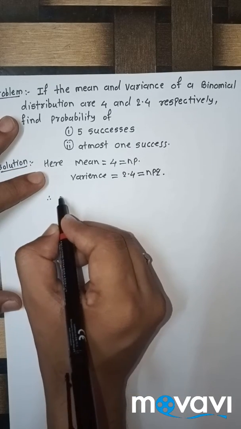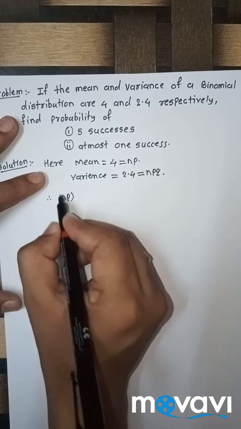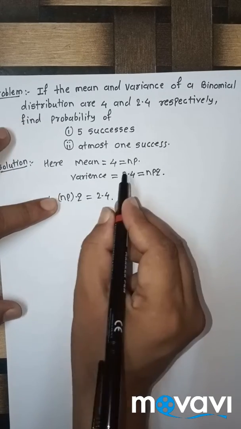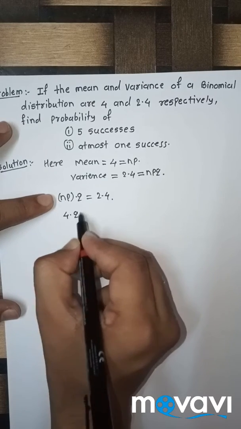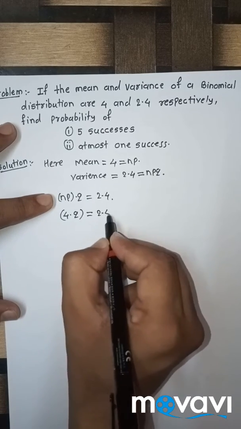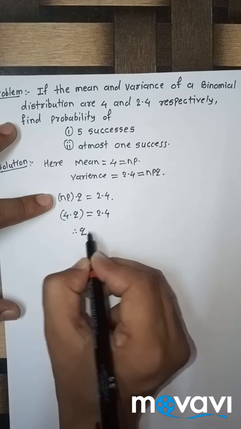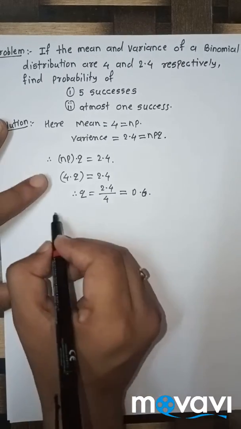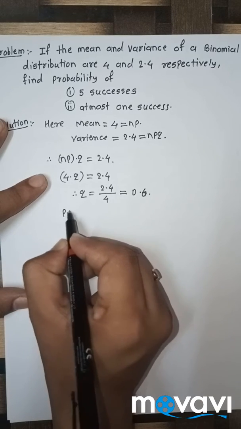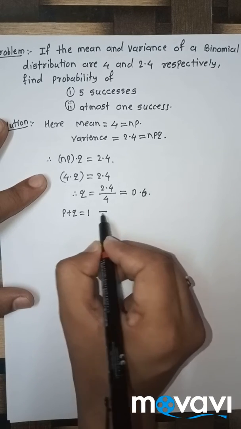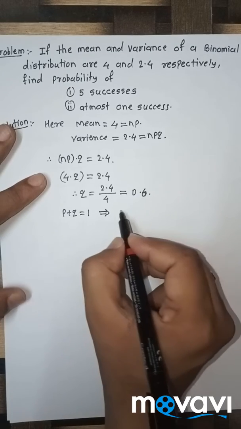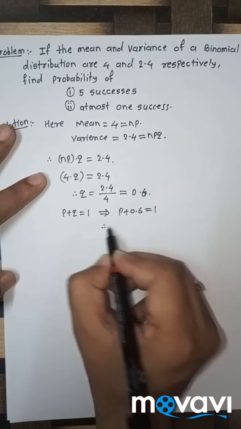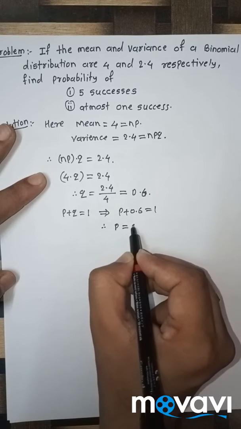Therefore NP into Q is 2.4 is given. Value of NP is 4. Therefore 4 into Q is 2.4. Therefore Q is equal to 2.4 upon 4, which is 0.6. And also we know that P plus Q is 1 and Q is 0.6. So P plus 0.6 is 1. Therefore value of P is